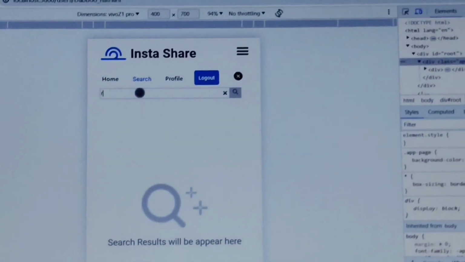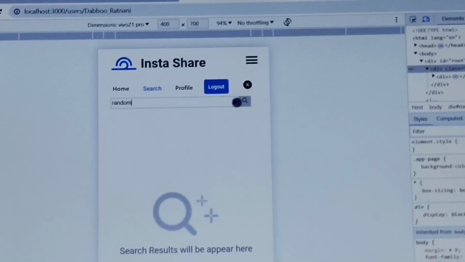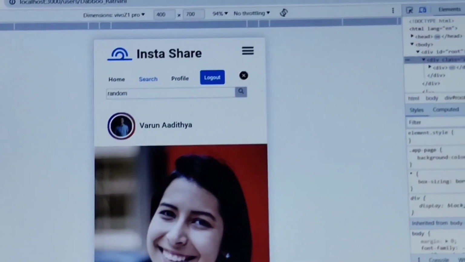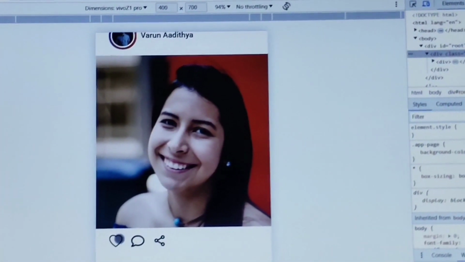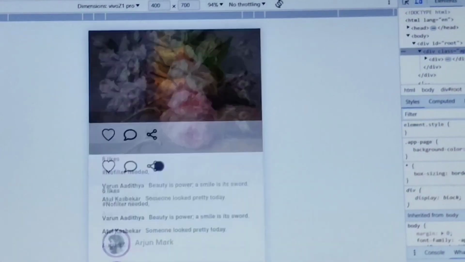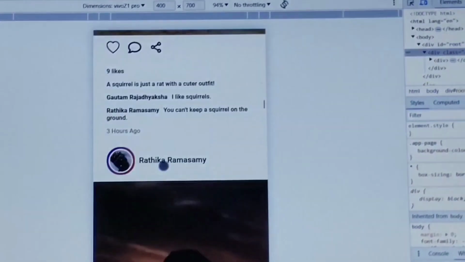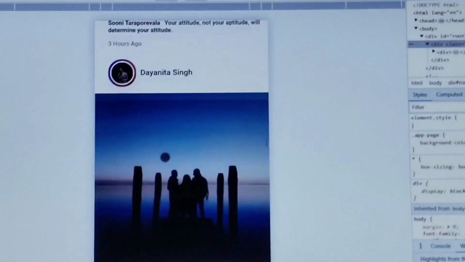It implements a responsive Instagram-like application where the user can log in and see a list of stories and posts. The user can also search posts by post caption, like and dislike posts, and also view other users.